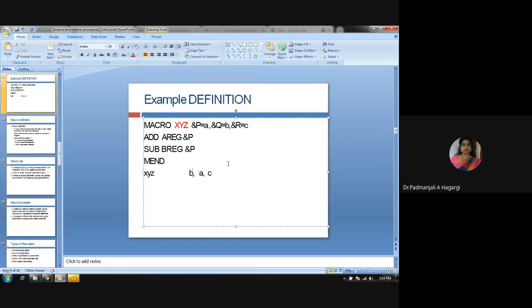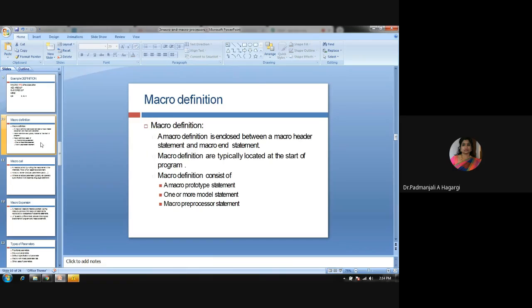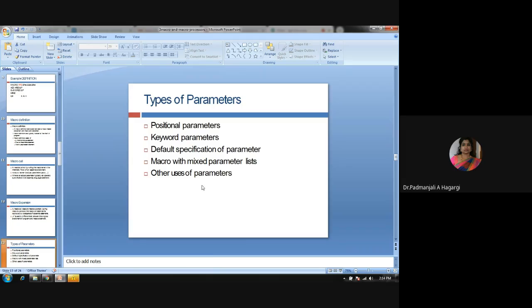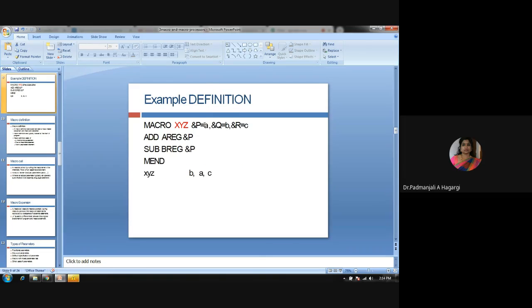The other type is the default specification parameters. In default specification parameters, whatever is given by default in the parameter passing, it will take the same values.